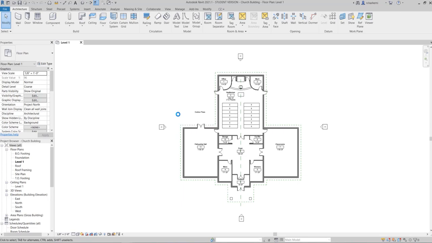I just want to remind you what these windows are. So this one is Project Browser, this one is Properties Palette, and this is our drawing space. Let's start with the navigation and zoom.